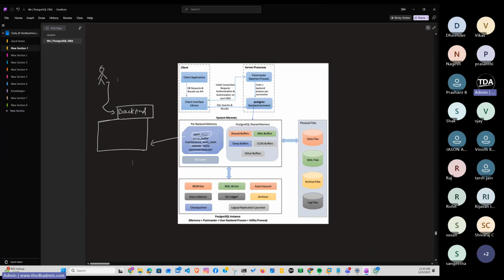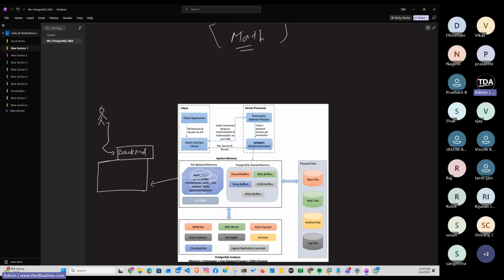So first of all, the session has connected to the backend. Backend has multiple components: work_mem, temp_buffer, maintenance_work_mem, catalog cache, and optimizer. Here, the small concept which is important to understand: whenever your work_mem is getting exhausted, your temp_buffer can be used. Second, a very important thing, a temp segment or a temp tablespace can be allocated